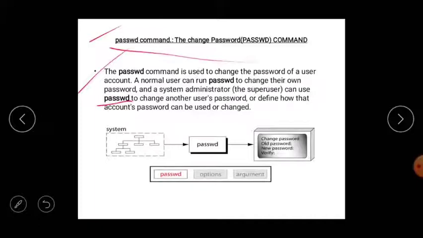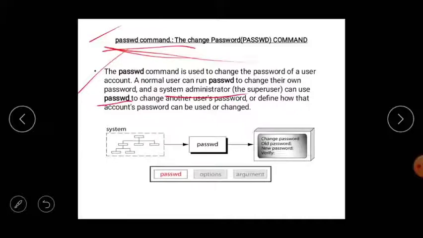As normal users, we can change our system password using the passwd command. In the same way, the system administrator, suppose you are working in a company, your boss or your team leader, can change your system password using this passwd command.